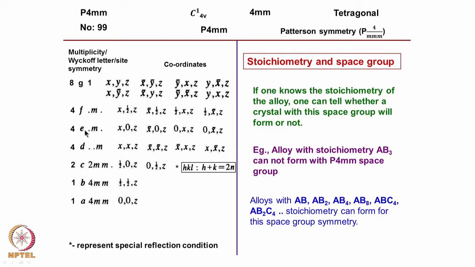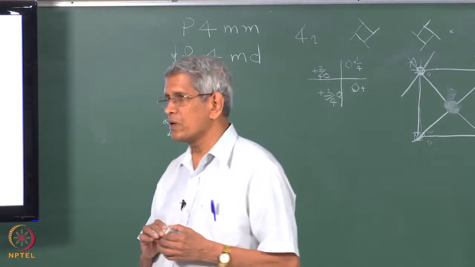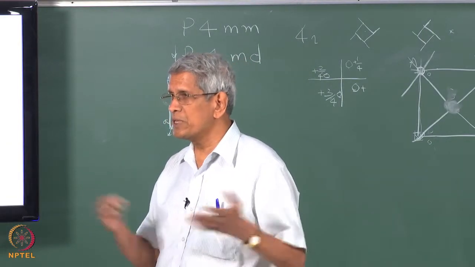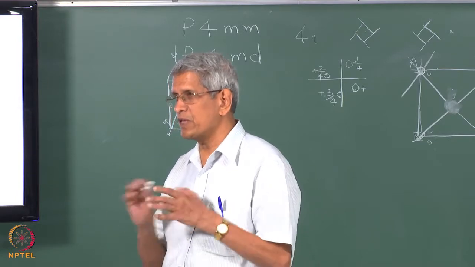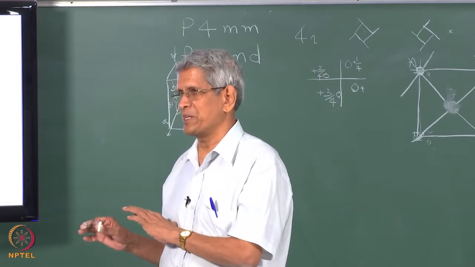So you said if A atoms occupy all the 4 corners, and if it occupies also the center, the symmetry is still the same, right? So only the structure is different. No, the symmetry has changed. The symmetry is always based on which type of atom we put.